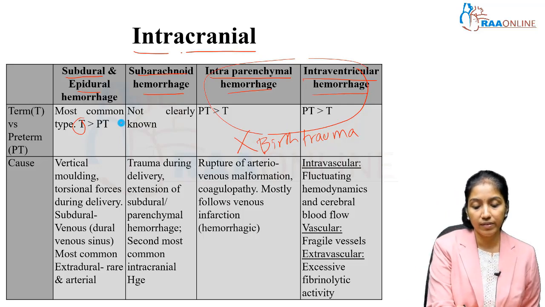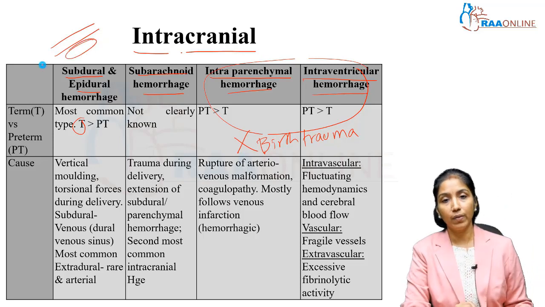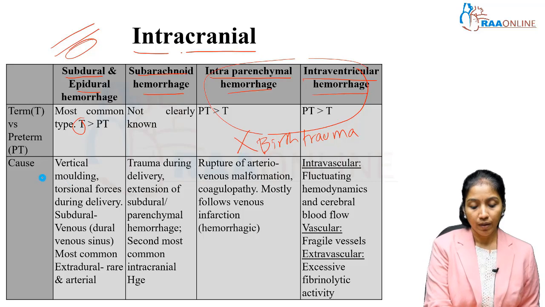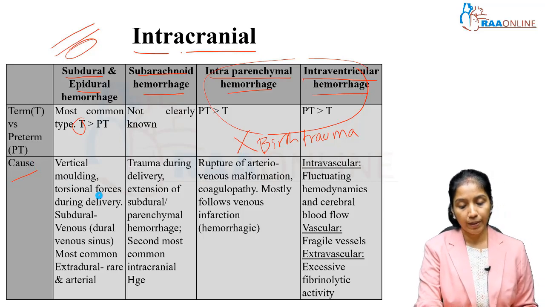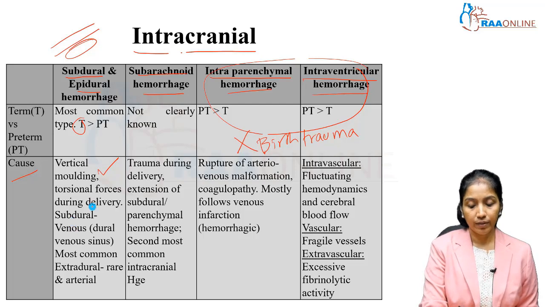So, let us concentrate on what is happening above and beneath the dura, which is subdural and epidural hemorrhage, and beneath the arachnoid, which is subarachnoid hemorrhage. Let us concentrate on these. So, what is the cause for subdural and epidural? It could be because of vertical molding, or it could be due to the torsional force during delivery,